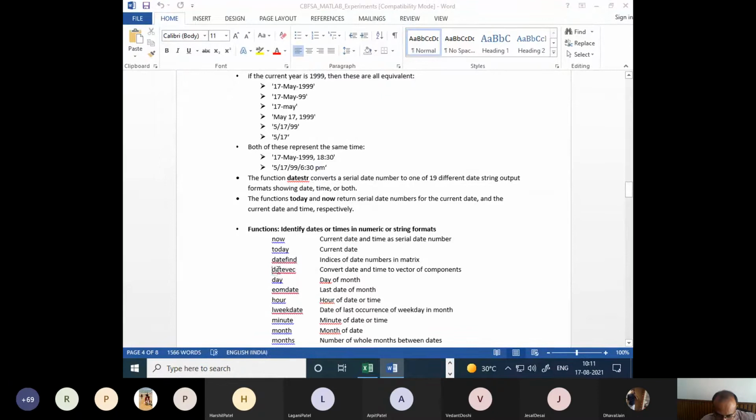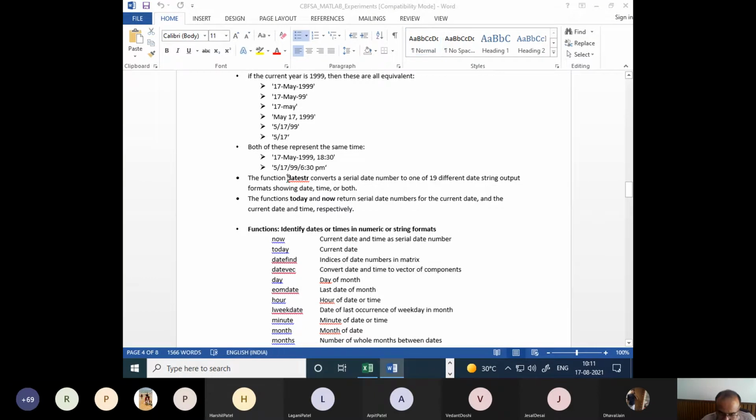There are two important functions, datevec. It converts the date and time to a vector of components, because date itself is a vector. Why is it a vector? Because it has components like the day, the month, the year, the hour, the minutes, and the seconds. So there are 6 components, and each component itself is an array, right? Because the date requires 2 digits, the month requires 2 digits, or if it is in words, it requires 3 characters. So that itself is an array. So date itself is a vector, and the components of the vector are themselves vectors. I hope you understand this. OK, so we see these functions datevec and datestr.